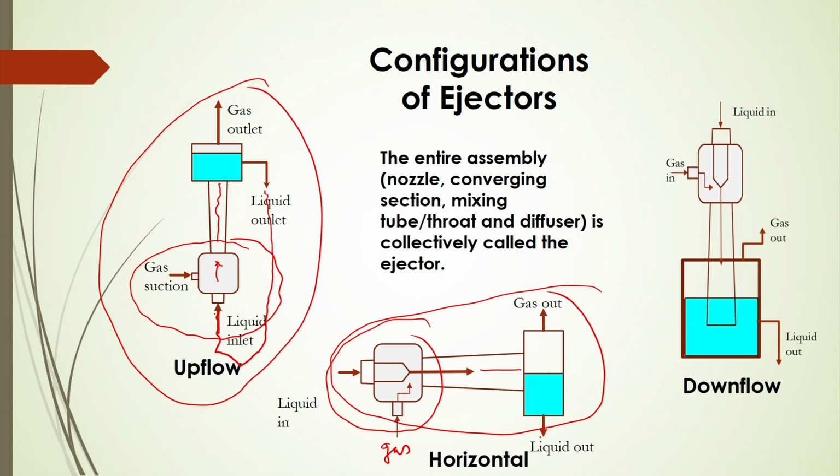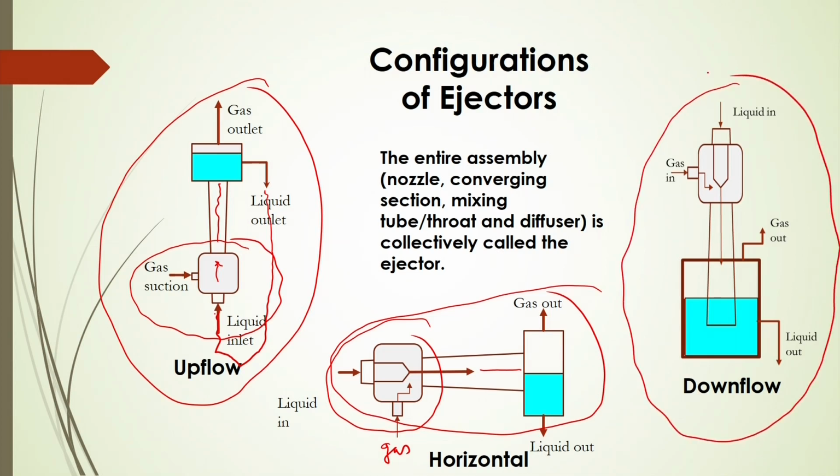Very interesting: in the upflow and horizontal systems you will not get the maximum residence time distribution, whereas in the downflow system you can get the maximum residence time distribution. In this case, whenever the liquid jet sucks gas and produces finer bubbles, they go downward with the downward liquid movement. During that movement, the buoyancy effect of the bubbles is balanced, so they go downward.